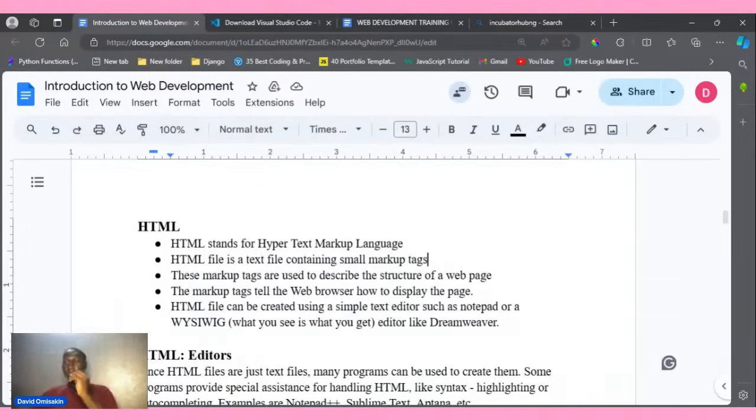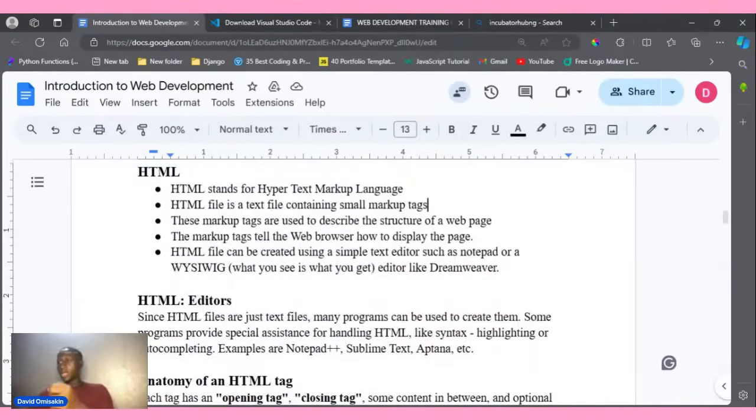An HTML file can be created using a simple text editor such as Notepad or WYSIWYG editors. WYSIWYG means what you see is what you get. That's what editors like Dreamweaver are. So during the course of this training, we are going to be using